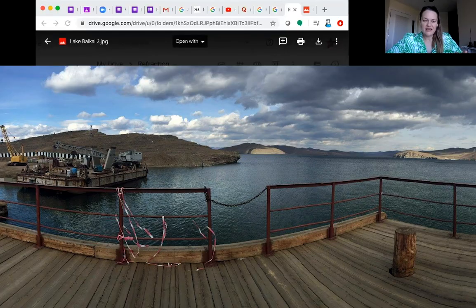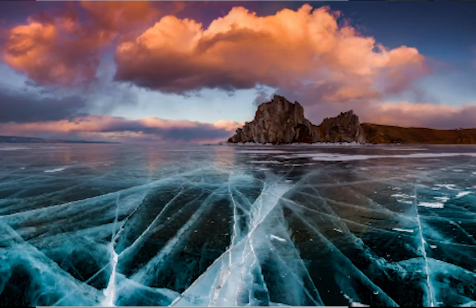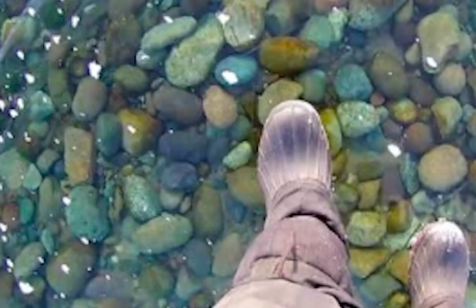So when you're looking at it, right here is a picture that I took when we were there. I'm going to show you another picture that someone else took on the lake when it's frozen, so you can just see how massive and beautiful this lake is. Anyways, what happens though is when you're actually on the water itself in a boat or standing on the ice and you look down, you can actually see the bottom of the lake.